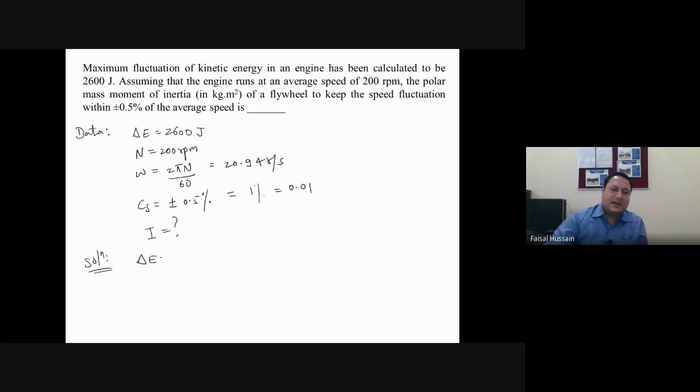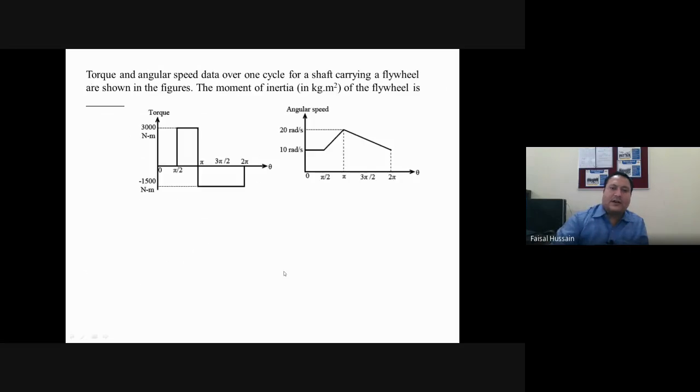What is delta E? Delta E is I omega square CS. यहाँ से आप लोग को I मिल जाएगा. You know delta E, you know omega, you know CS. So I is 592.95 kg meter square. Okay. Now in the next problem,